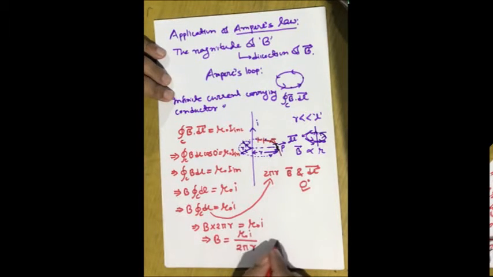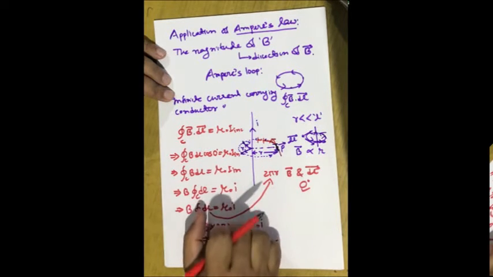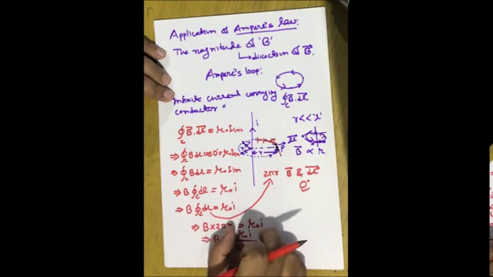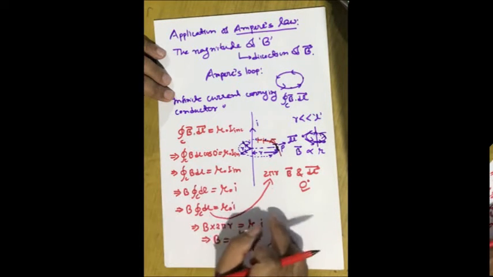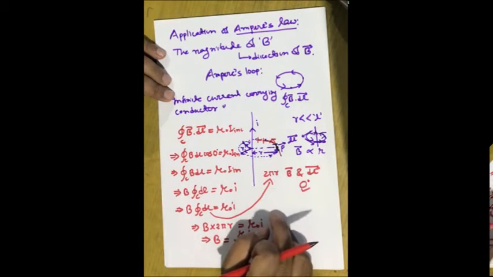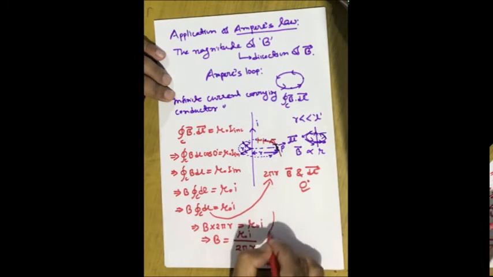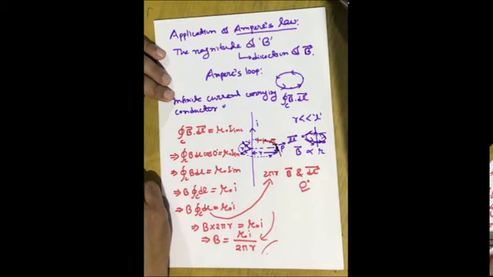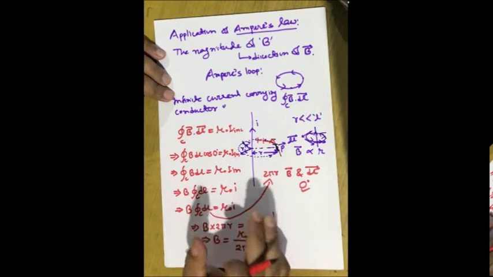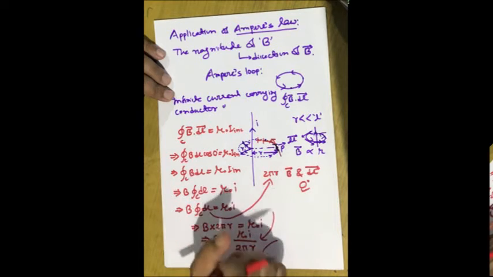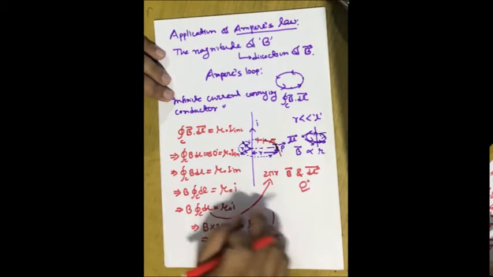So you see, using Ampere's circuital law, how easily we can determine the magnetic field. With the Biot-Savart law, it took almost 2 pages to derive this. But using Ampere's circuital law with some symmetry argument, we can easily determine the value of the magnetic field. So these are the great advantages of Ampere's circuital law. This is the first problem I have considered.